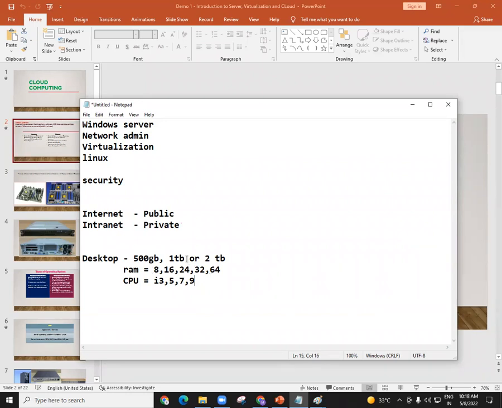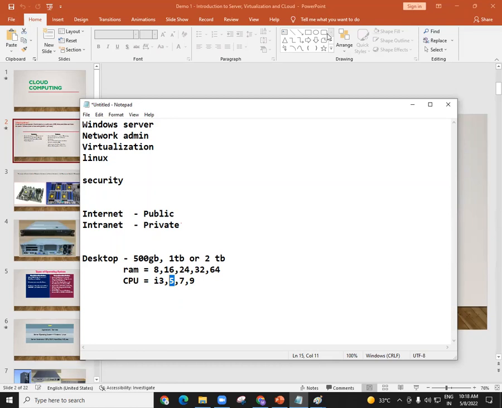Okay, maybe someone is using 1 TB, like I have 1 TB hard disk, I have 16 GB RAM, and I have an i5 processor in my machine. So my machine is sufficient to run most of the applications. My machine is considered a very good machine. 1 TB hard disk, 16 GB RAM, and i5 processor is considered an excellent configuration. But say this is not excellent in every scenario.